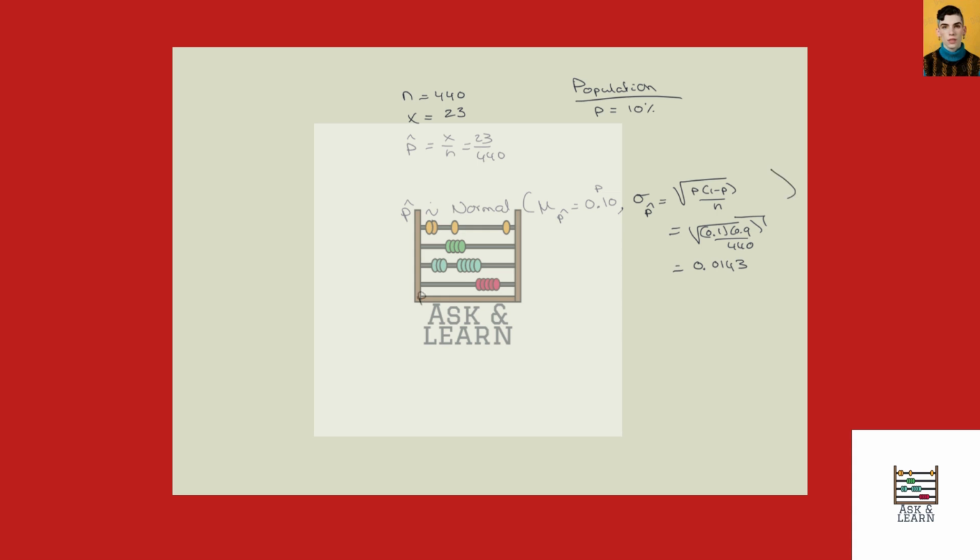So p hat is approximately normal, with mean equal to 0.1 and standard deviation equal to 0.0143. That's the answer to part A. And then for B,